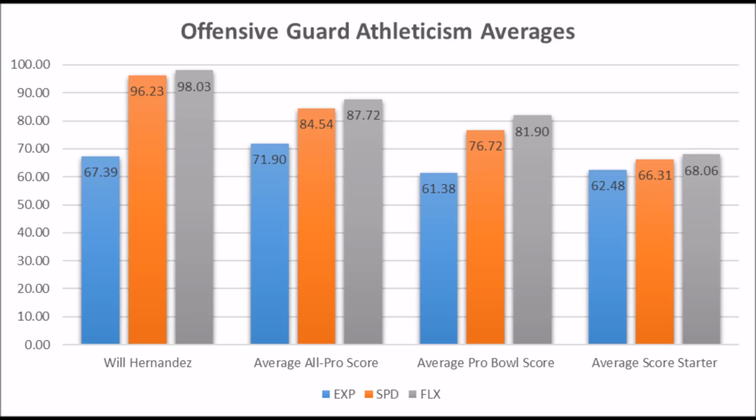The reason why he's number 2 in this list and not number 1 in many ways is because of his height. The vast majority of all-pro guards are typically about 6'3" or higher, and Will Hernandez is 6'2". So his height kind of lowers his overall upside to a certain extent because typically guards that are taller end up having more impactful careers for whatever reason. I mean, that's just what the data says about guards that are typically taller, typically have better careers. Bottom line though, Will Hernandez still has a very fantastic profile, really great athleticism traits, very good overall traits in general, and I think again, easily one of the best interior offensive linemen in this draft class based on